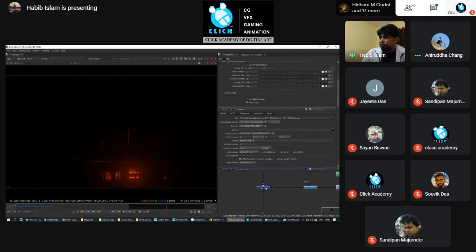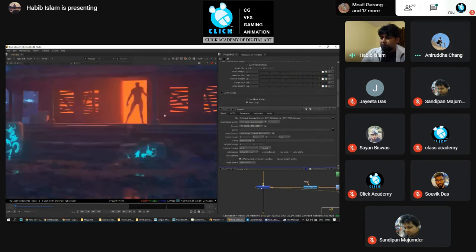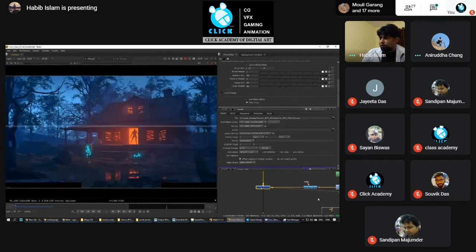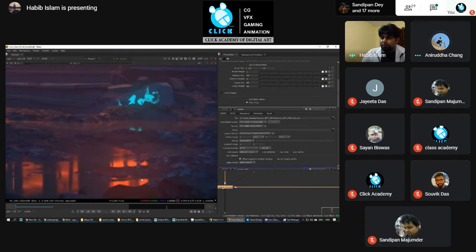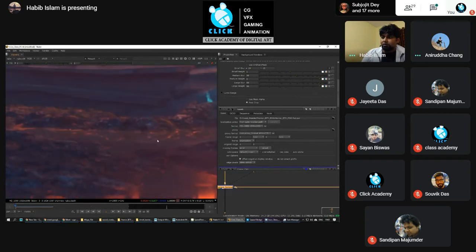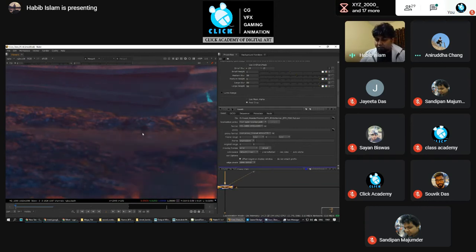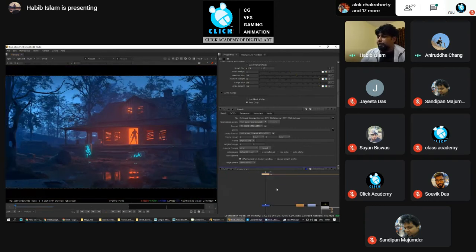Because in this output we are seeing a lot of glow in the main light, but on the reflection we are not seeing any glow. So I've taken out the reflection separately, added glow and added it on top of the whole output. Okay, so this is the water glow. If you see the changes, you can see the water is having more specular or reflection after adding this. So this little kind of adjustment you can do in compositing. If you render the passes separately, there are a lot of things you can do in compositing. A lot of enhancement you can do.